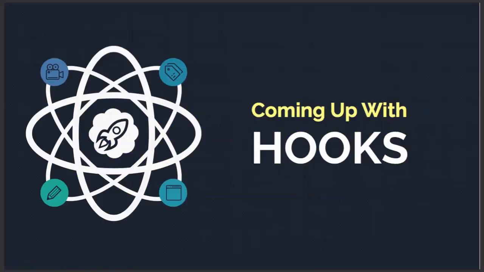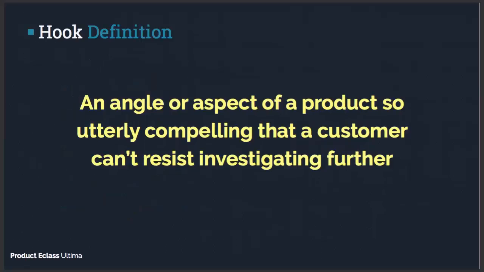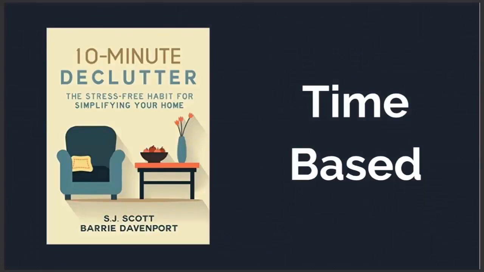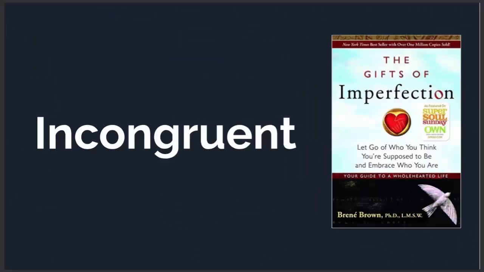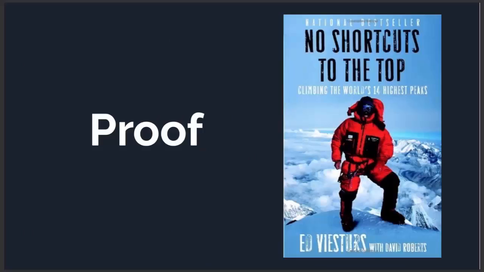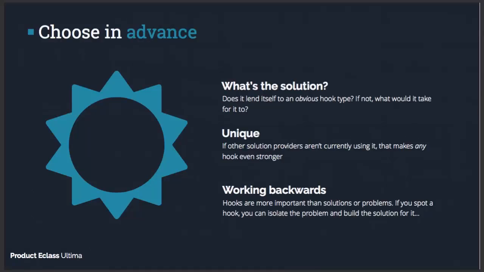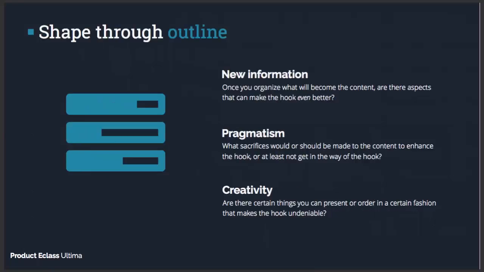We break that down. And lastly, hooks are so important for every product, and you should create the hook really before you create the product. So I define what the hook is. I give different types of hooks with specific examples, explaining each and every example and what's good about it. And then I give you the process for coming up with your hooks, how you can get them in advance of creating the product, how you can work backwards from them, how you can make them unique, pragmatic considerations, creative considerations,